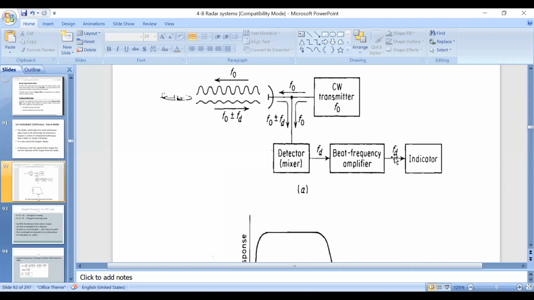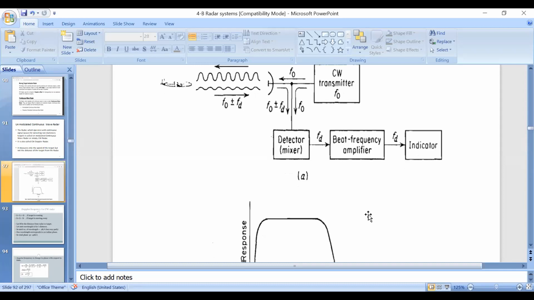Now the Doppler frequency shift, that's why here it is represented as FD. FD is nothing but the signal which has the Doppler shift. Which signal has the Doppler shift? The signal which touches the moving target. That is an echo from the moving target, and it is processed by using a radar processing unit, by using several image processing techniques. After processing, this Doppler information is displayed on the radar display, which is called an indicator. Now I think you are clear with the diagram of a continuous wave Doppler radar, right? I think now you got a clear concept, right?